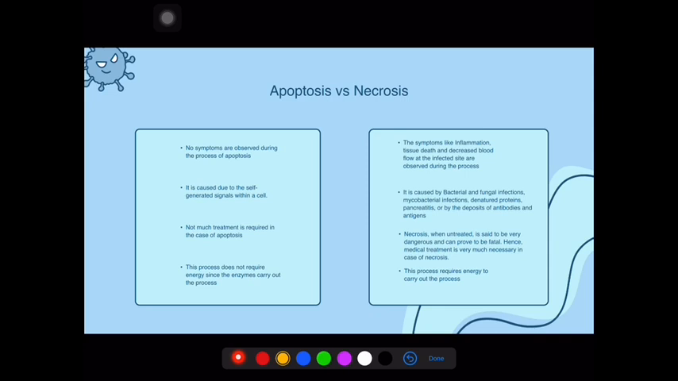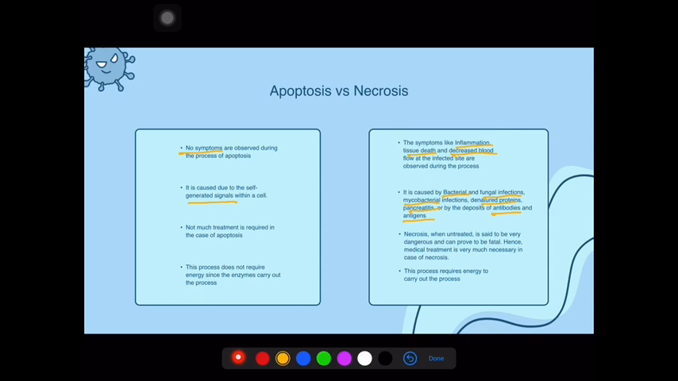In apoptosis, no symptoms are observed. In necrosis, symptoms like inflammation, tissue death, and decreased blood flow at the infected sites are observed. In apoptosis, it's caused by self-generated signals within the cell. And in necrosis, it's caused by bacterial and fungal infection, mycobacterial infection, denatured proteins, pancreatitis, or by deposits of antibodies